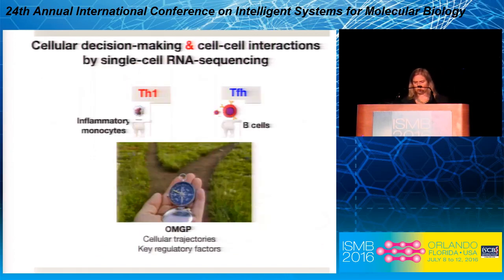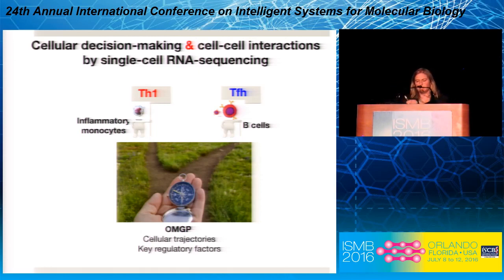And so this gives us a clue that there are extrinsic signals from other cells that are telling them, and we validated that, by the way, with a depletion experiment with a diphtheria toxin mouse experiment. So we can infer basically that inflammatory monocytes are signaling to the naive cells to go down this route. We know that B cells are interacting also with the T cells to bias them towards this route. So this decision-making process is really a combination of these cues from extrinsic cells, as well as the intrinsic factors that we can calculate statistically